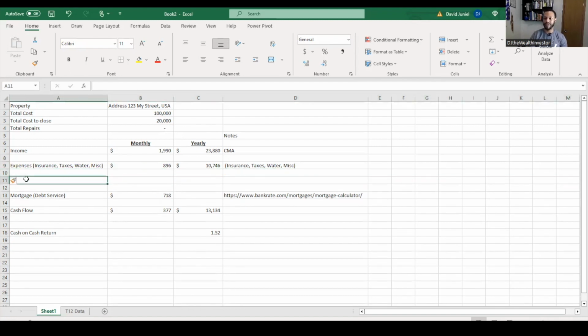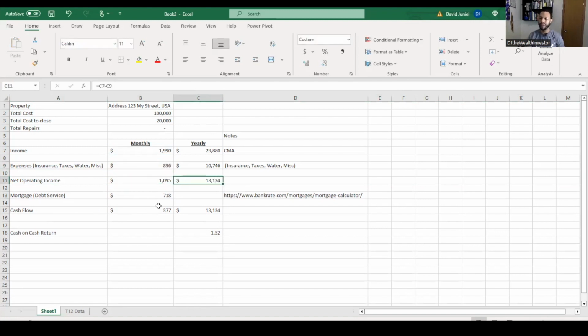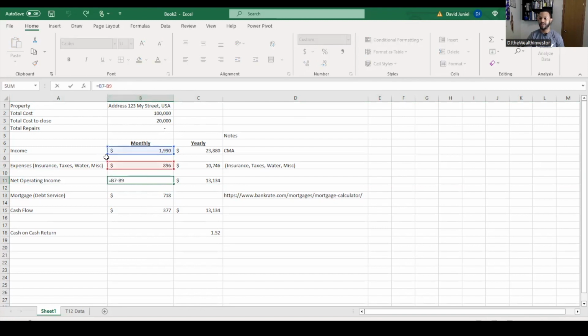So that's going to be your net operating income. Let me add that in here. All I did was take the income minus the expenses, which gives me my net operating income. And your net operating income is gonna be your income before your debt service. So that's gonna be your mortgage, or whoever actually holds the first lien on the property. So from here we'll be able to say that our net operating income on a monthly basis is $1,000,